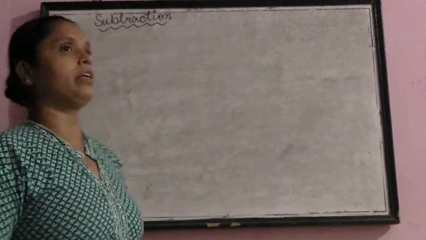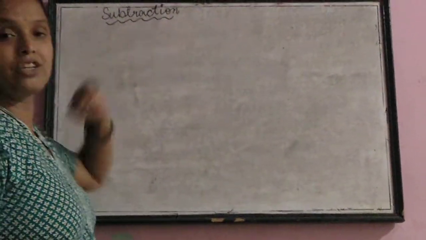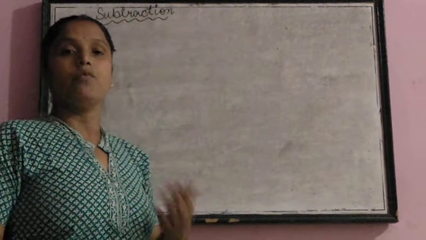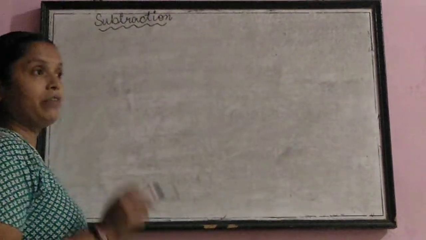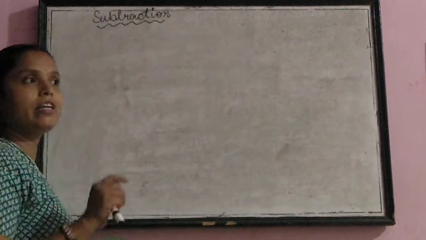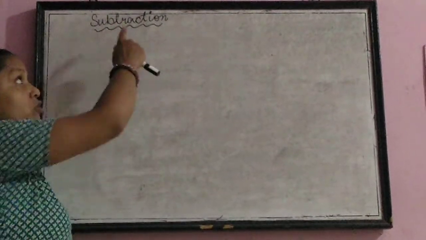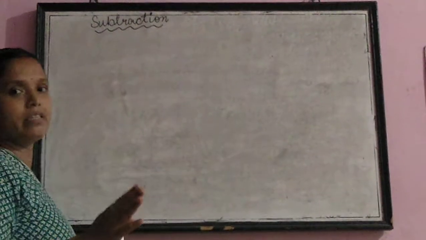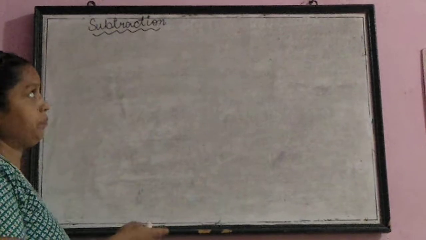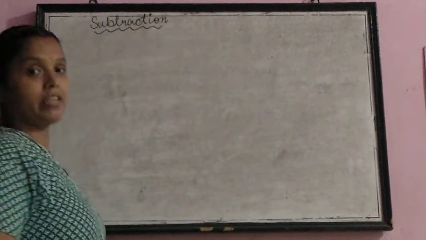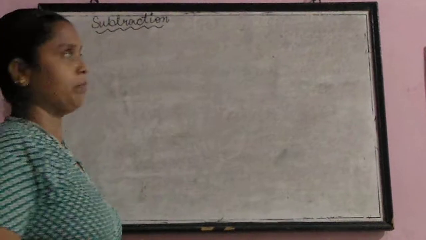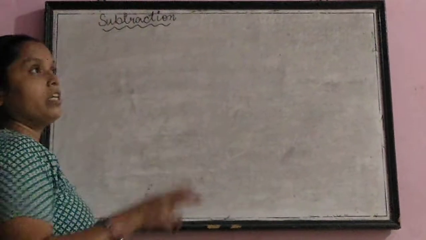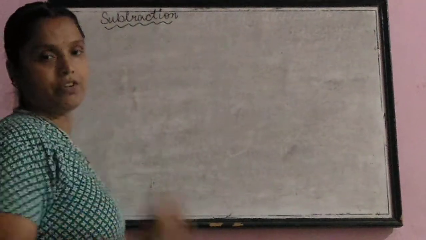Before starting the explanation of this process, let us know the meaning of subtraction. Subtraction means taking away one number from another number. Or I should explain it that when we were doing addition, I said addition means grouping together. So subtraction means separating something from some other thing. Or in terms of mathematics, I will say taking away one number from another number. And the result of this process is called the difference.